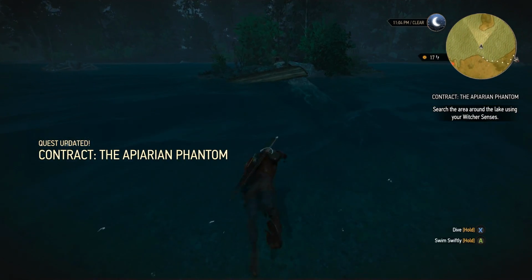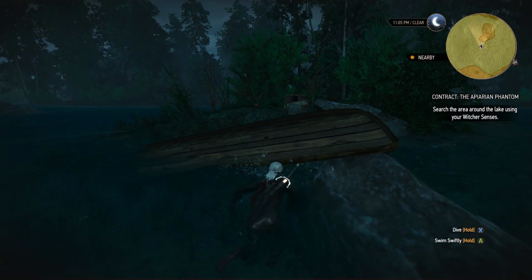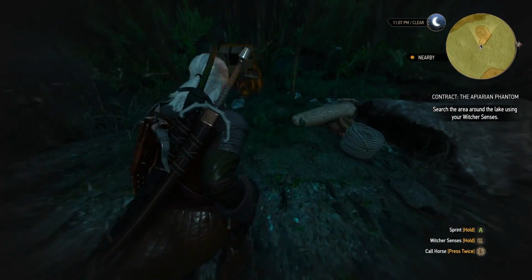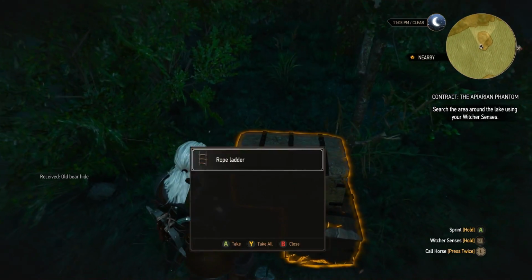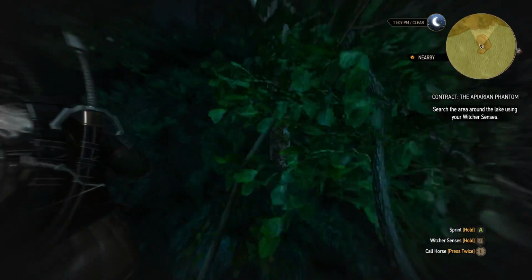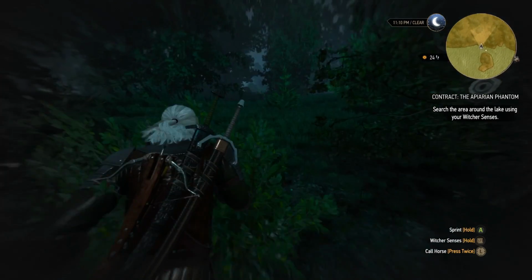Okay, and good game development would dictate that this little island here is supposed to serve as sort of like a waypoint, a place for us to go to. Now let's see, is there anything on the island itself? No, but there is some treasure. Very nice. We just put a rope ladder in our pocket. Okay, anything left on this island? I don't think so, but hopefully if we cross over...